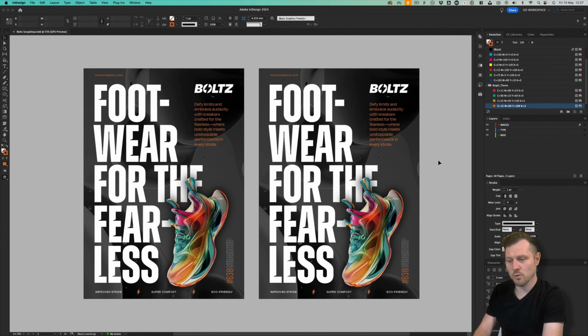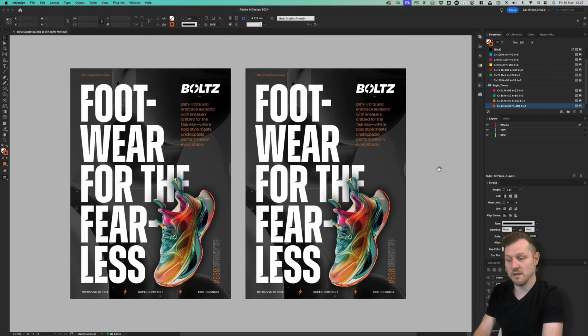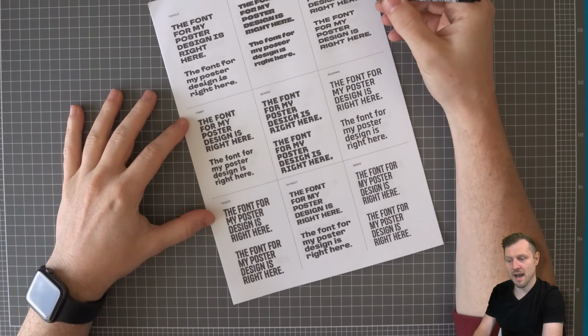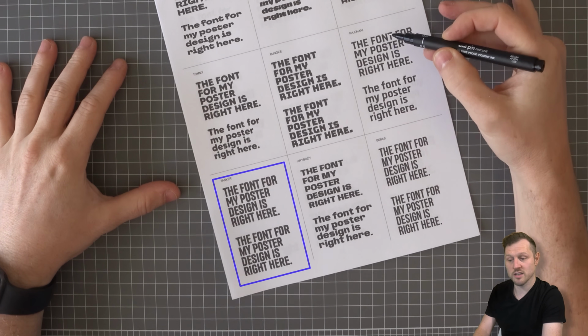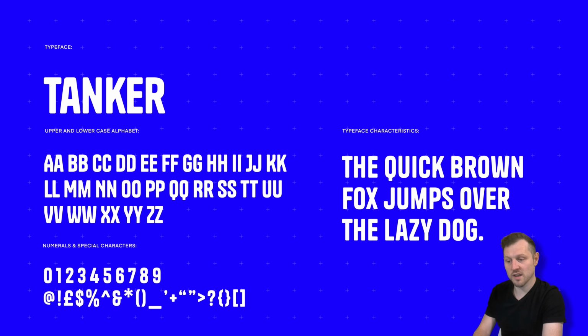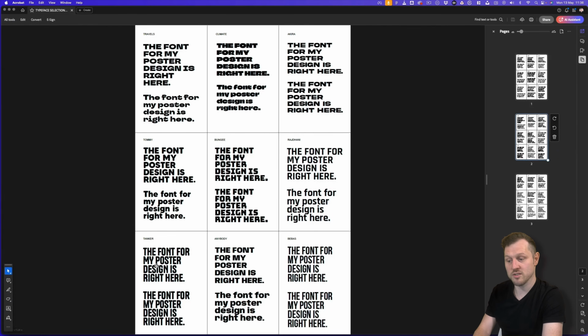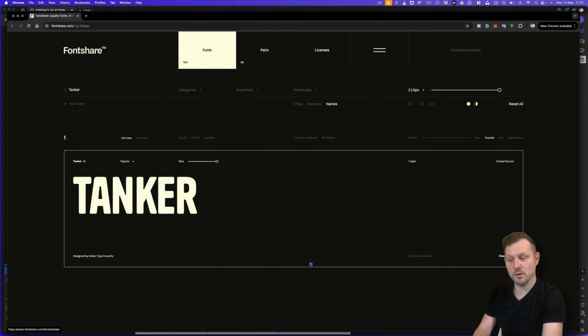Perfect. So with the second poster in place, we can now make some modifications to this one. Now, one of the easiest changes to look out for would be the font of the headline. Looking back at my typeface research, there was one typeface that stood out to me, and this was called Tanker. This one has the same condensed quality as the first choice, but with a more rounded feel. This is a font that can be acquired for free. If you open the Type Research PDF, you can click on the font and it will take you to the